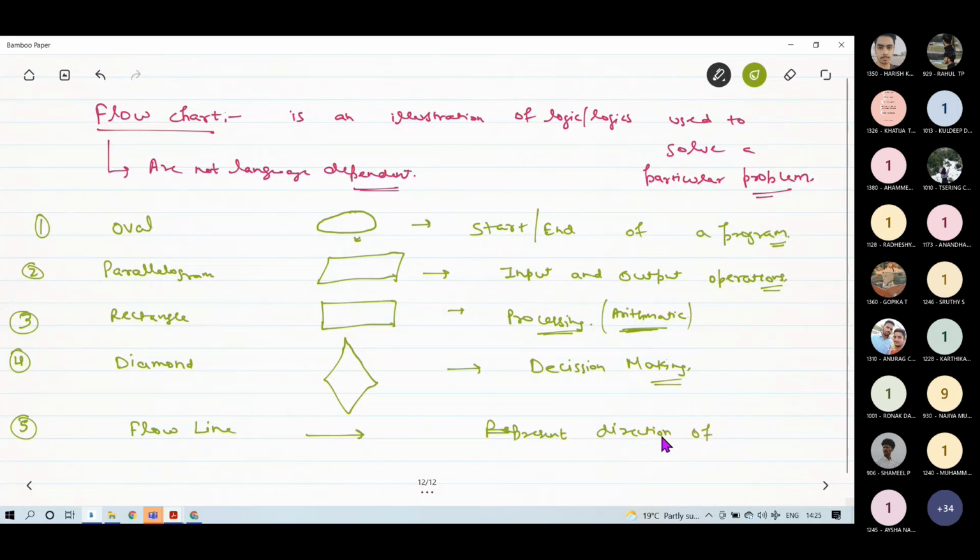This flow line represents the direction of compilation, in which way your program is being compiled. These are very basic components. There are some more components, but let's say we will work with only these. And if needed, I will explain other components also.